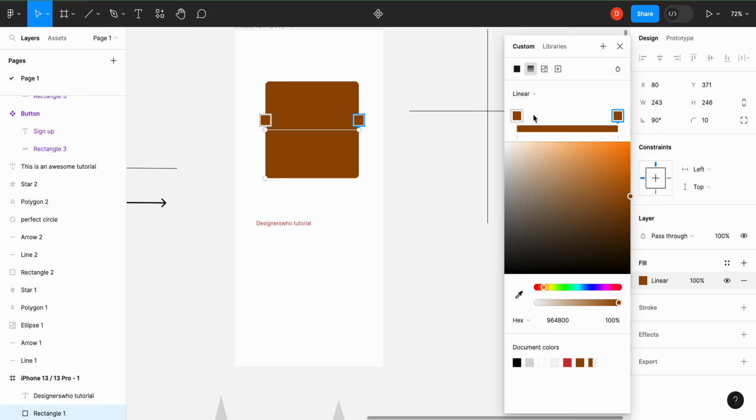But it's showing you these two things here because it tells you that you can add a different color here, and you can add a different color here. If you even want three, all you have to do is come to this design here. You see, the moment I hover over this, you see what's happening, right? You see how it brings up another rectangle. I can just click on it. Now, you see I have three different